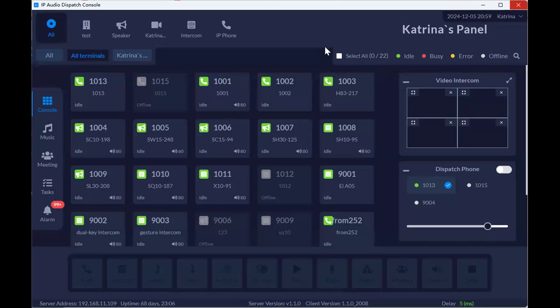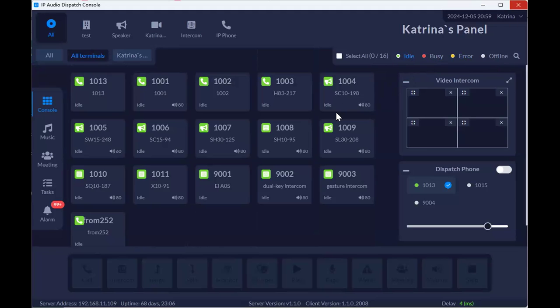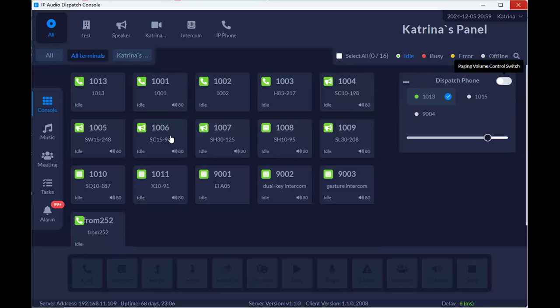And in this area, we can see the status of all the terminals, like whether it's working well, or busy, or in error, or offline. And also we can filter them. And on the video intercom area, you can pull up the streams of the cameras here. For example,